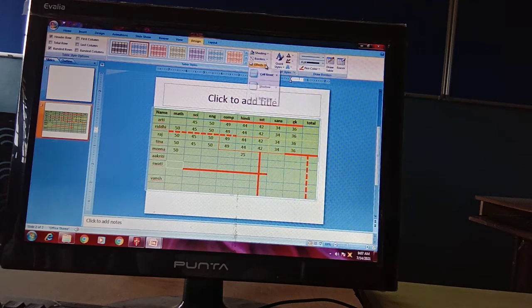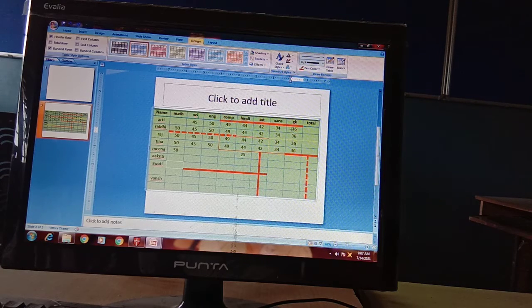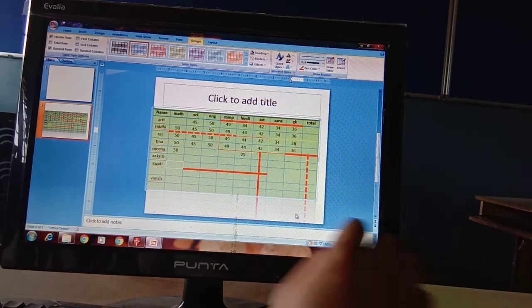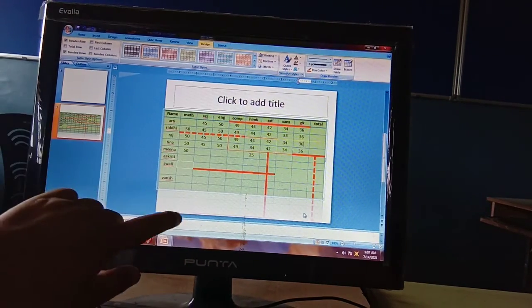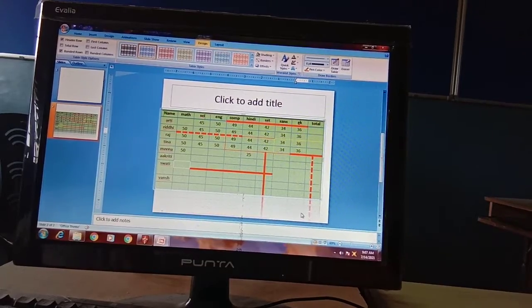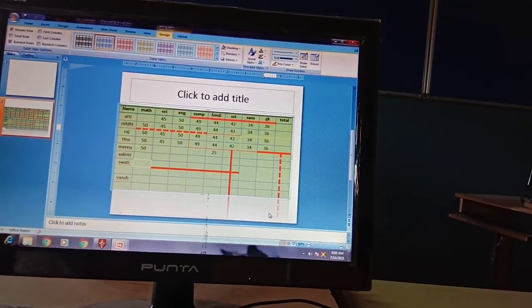And you can have your table in a 3D form. Your table will be reflected down. Are you able to see? Your table is up but it is reflecting down also. So these are shadow effects you can also apply in your table.